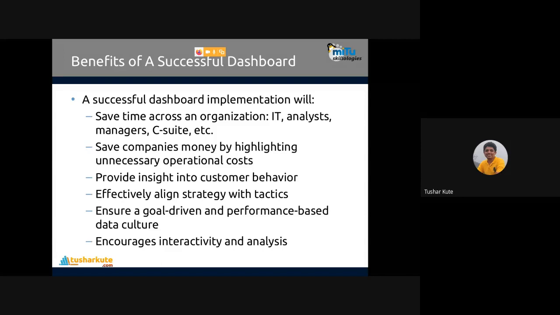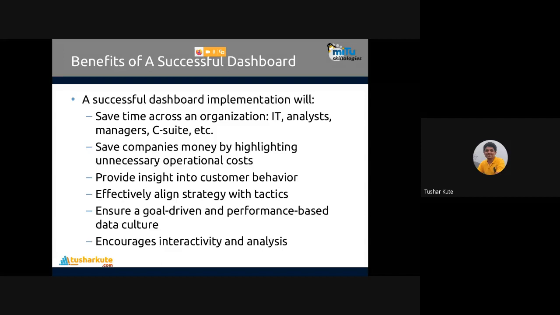Because there are lots of processes, lots of people, lots of employees, lots of software. If you see their performance in a single dashboard, obviously it will improve the interactivity and analysis phase from the company's point of view. That's why successful dashboards provide these benefits to the company, or to the management, to the middle management.